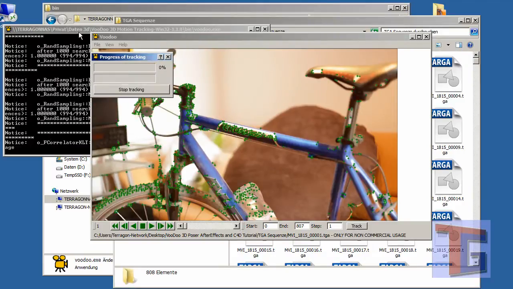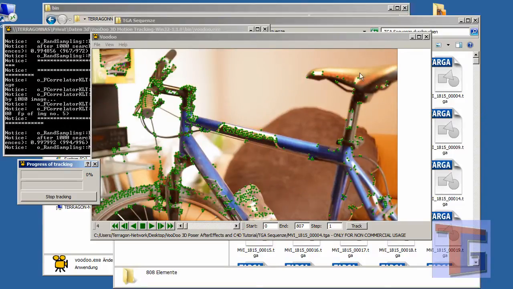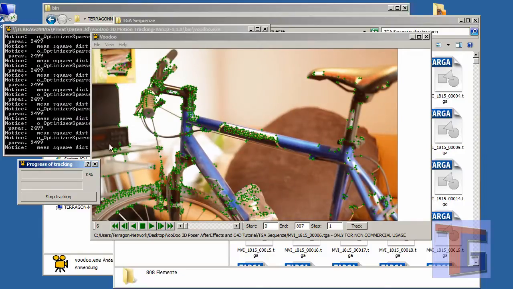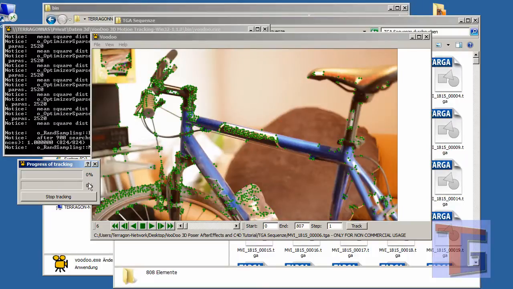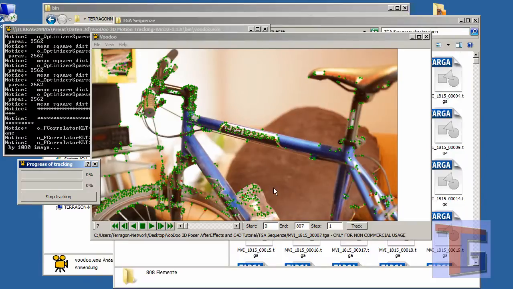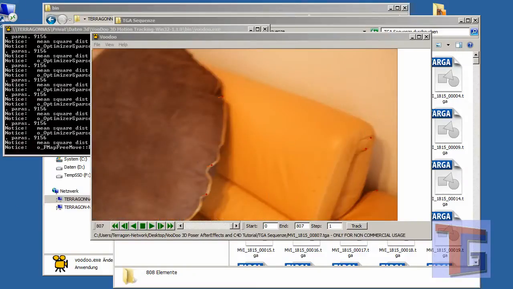And we can see here, okay, what is it doing? It is analyzing the picture, grabs some points here where you can recognize how the picture moves. And here he is calculating, and we can see, okay, this will take a long time, depending on your computer speed. So my computer is not the fastest, so I will just make a break here and see you later in a few hours. So we're back 1 hour later, and we tracked the whole scene, and now we can